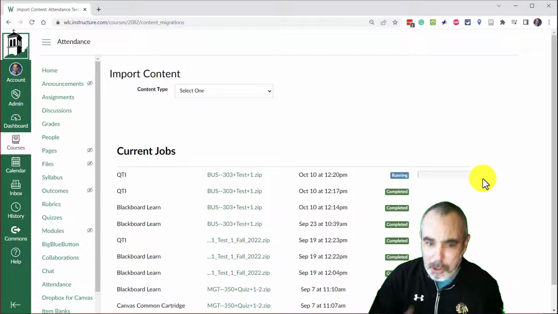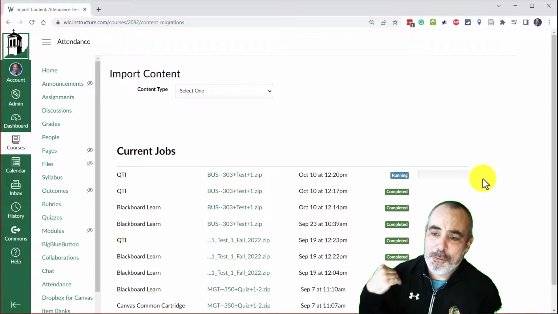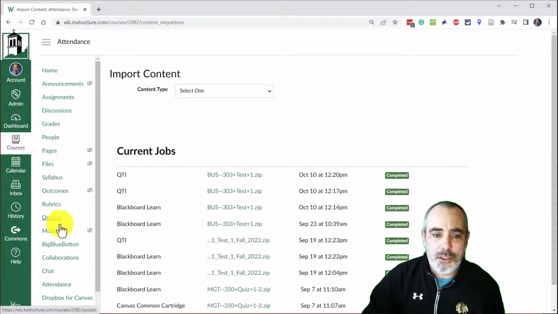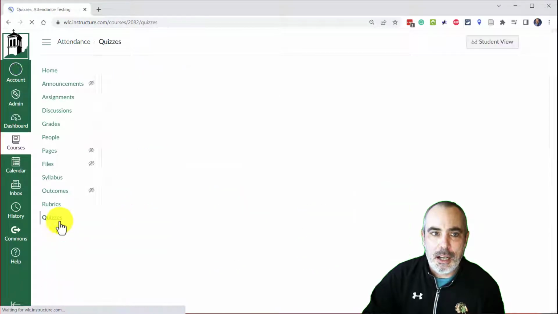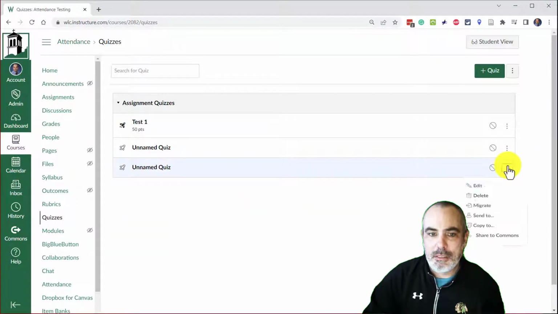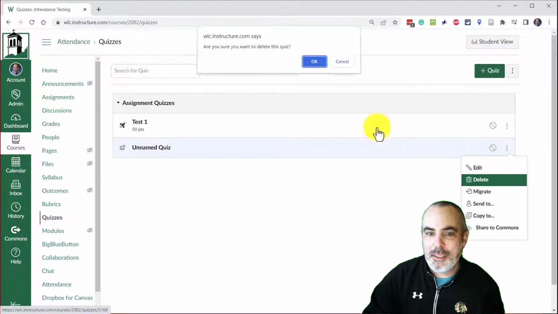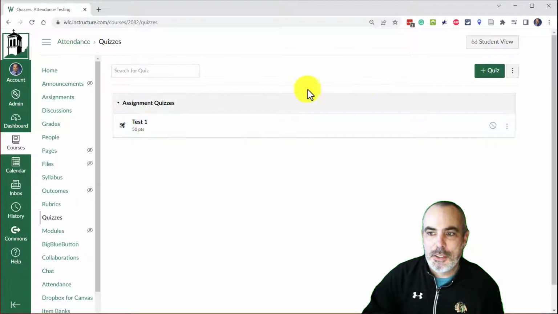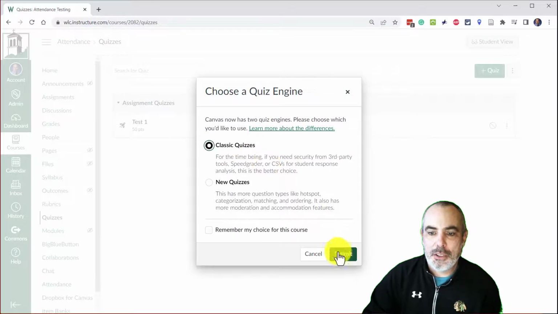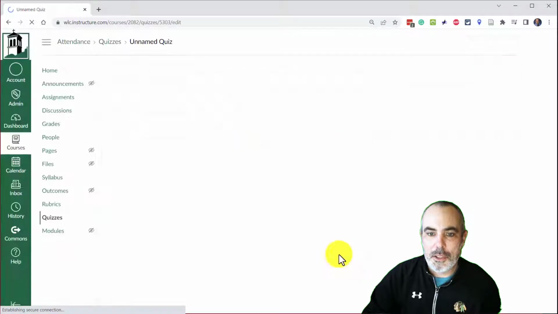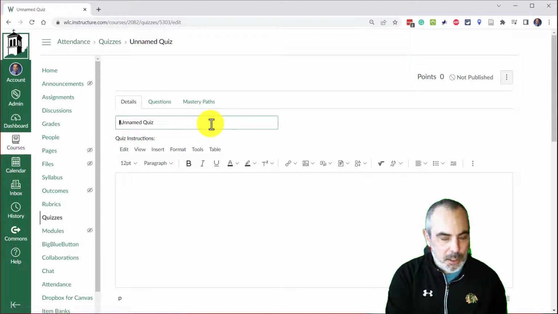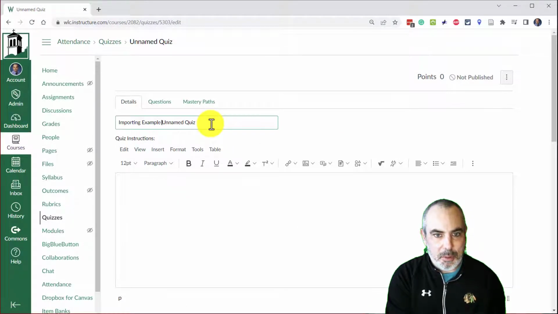I'm going to let it go, and a lot of people's first mistake is assuming that this is going to create a quiz. I'll go over to quizzes, and I'm going to delete two of these. These are not ones that came in, but this did not create a quiz. Instead, this created a question bank. So I am going to create a classic quiz. I'm going to call it importing example test,